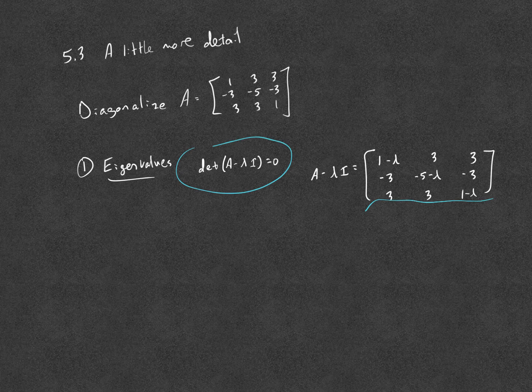When you get to the lambdas, use some other dummy variable. I just typed in x, so along each of those diagonal entries, 1 minus x, -5 minus x, 1 minus x. Okay, so you can just find the determinant of A minus lambda times the identity in your calculator, and